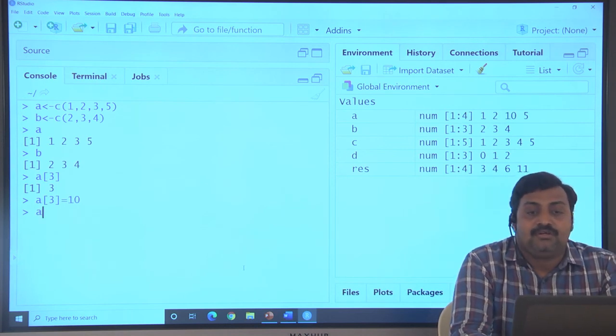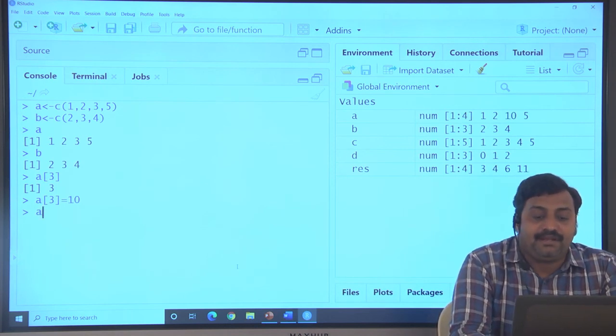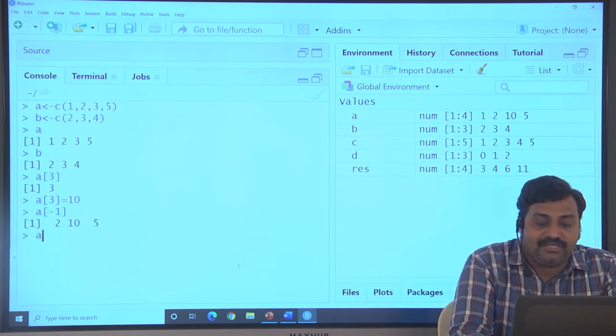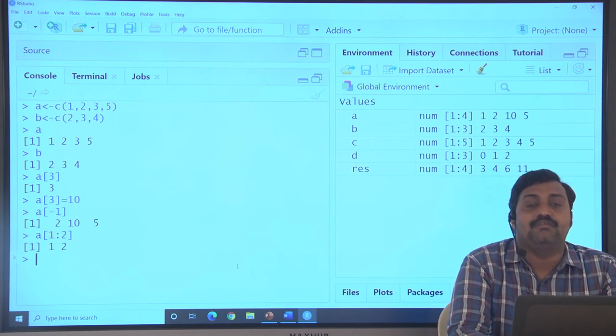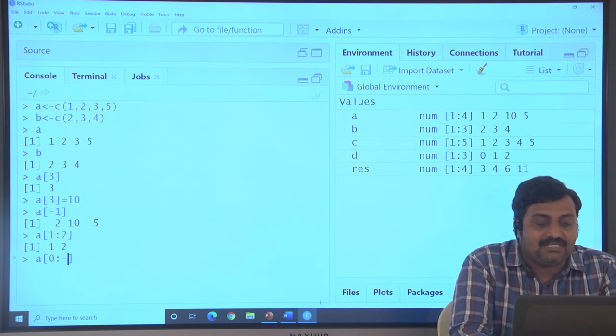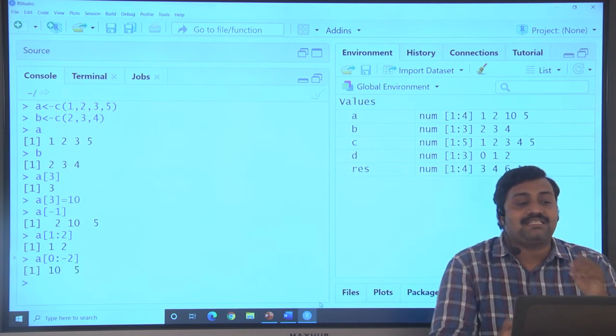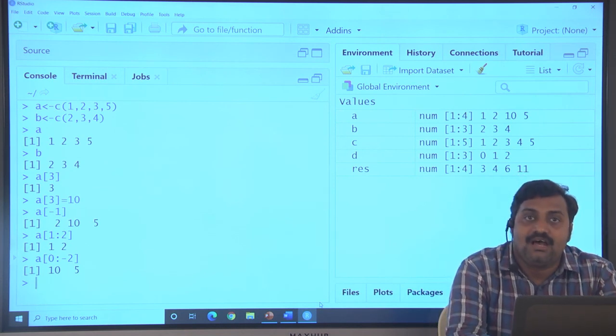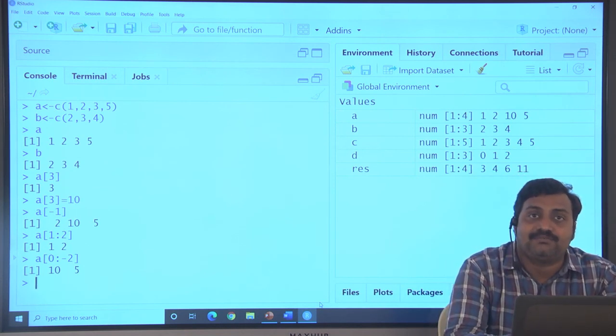Now whenever you want to perform negative indexing, minus 1 omits that value. Whenever you want a subrange, subsets of two values, and you want to omit the subset, then 0 to minus 2. Like this, we can access the values or update the vector.